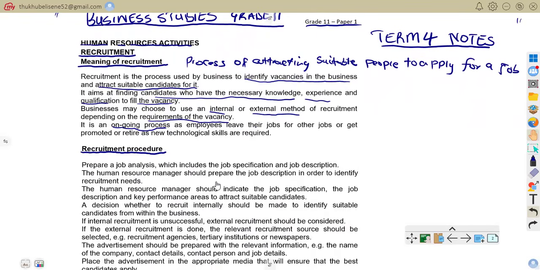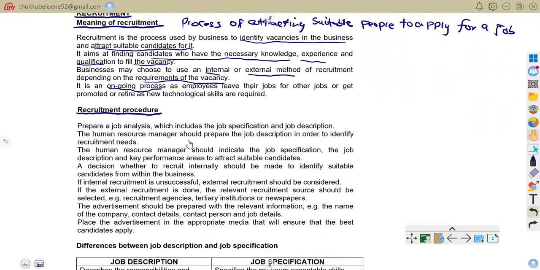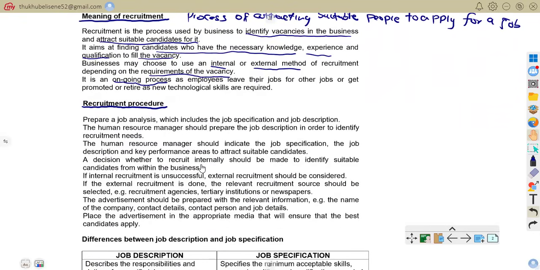Now we are on the recruitment procedure. That is where we are now, the recruitment procedure. With the recruitment procedure, we are going to start